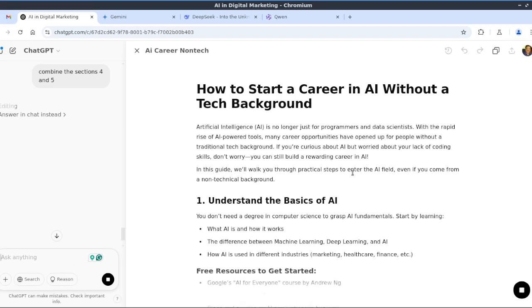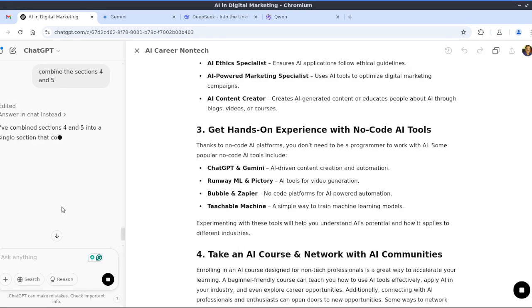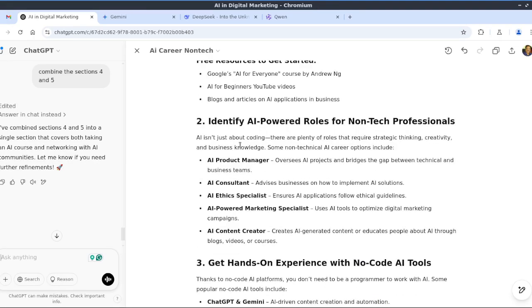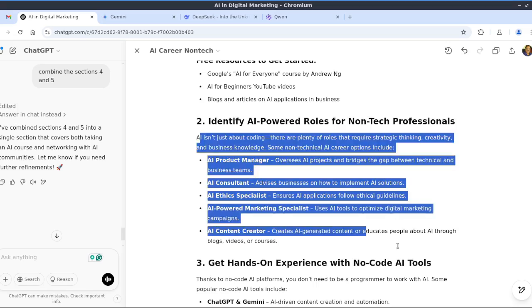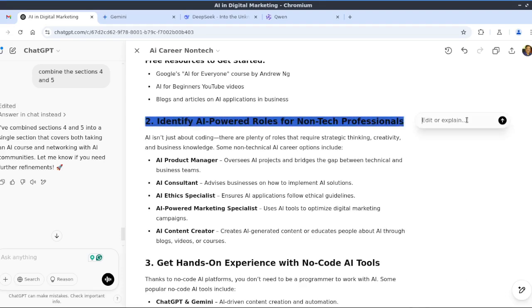Okay. But if you don't want to use this feature, you can open a new chat, and there you can ask it to do the corrections. So you have to copy the existing content, and then you can ask ChatGPT to make the modifications. But instead of doing that, this will be very useful. Here it combines those things. Okay. Like if you want to expand this section with more details, you can ask to expand here, like that. So here you can give more details.